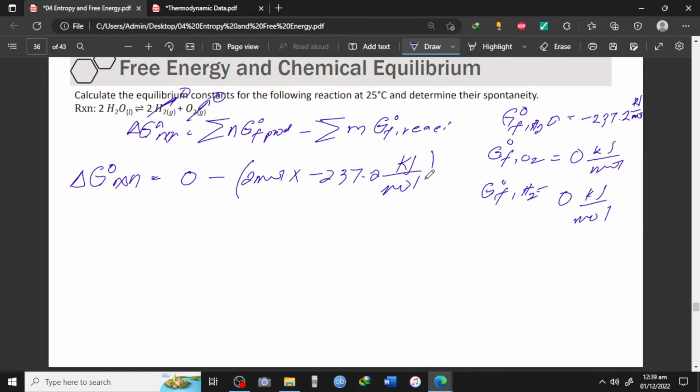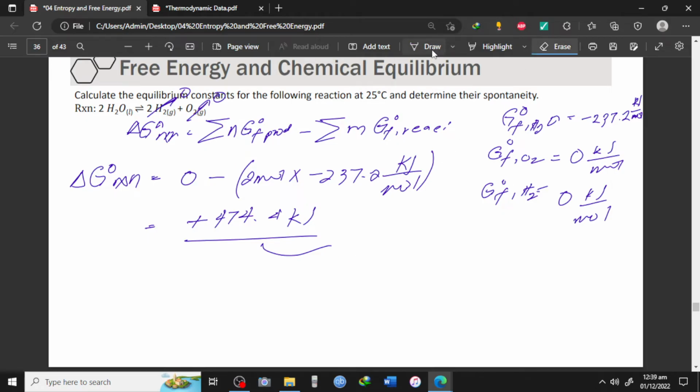So technically, multiply mo lang to ng 2 tas may negative sign, magpa-positive to. So ang sagot natin dito ay positive 474.4 kilojoule. So because this is a positive value, then technically we can conclude that for this particular chemical reaction, this is an example of a,